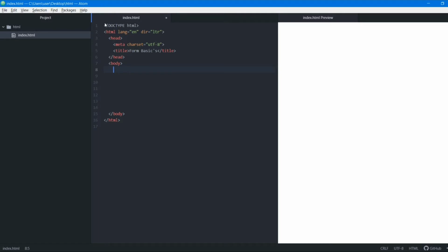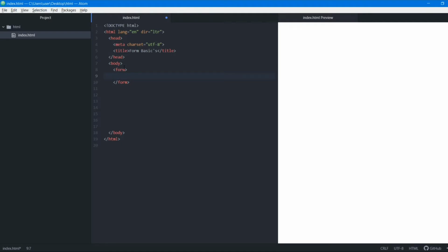In HTML we write all of the content in our body tag. Similarly for form elements, whatever we want inside the form is written inside the form tag. So the first thing we need to do is open up a form tag, then a closing form tag. Always remember, as soon as you open up a tag, you should close it, so you don't forget it later on. Many times you forget to close a tag and your code won't run properly, and people think there's some big mistake, but it's a minor mistake like this one. Always close off your tag as soon as you open it.